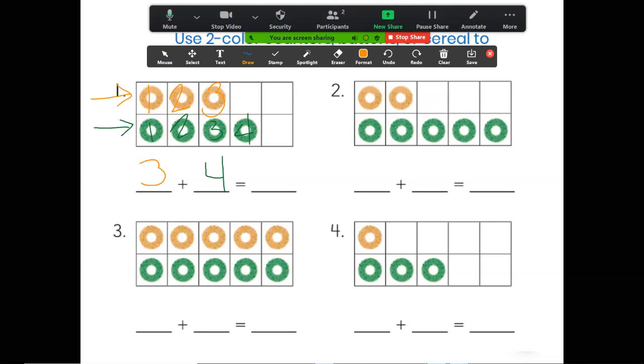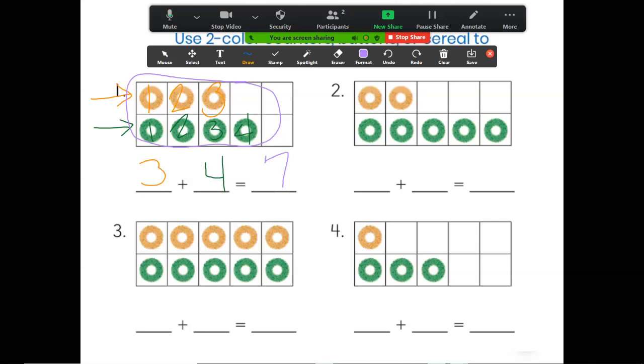We want to figure out how many are all together. So I'm going to use purple to do our all together, our whole. So 3 plus 4, it's essentially the same problem we just worked out. We can either use count on with our fingers by starting at 3 and then adding 4 more. So 3, 4, 5, 6, 7. We can use any types of manipulatives we have to help us count. But what we're really doing is finding the parts to make the whole. So 3 and a 4 make